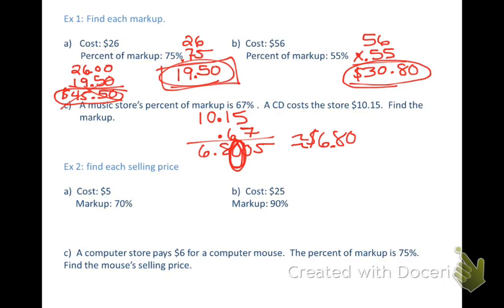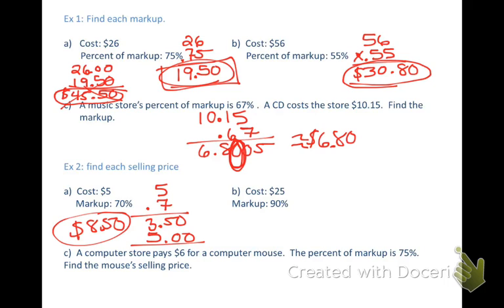Okay, now we're going to find the selling price. So on this part, you're going to do the multiplying and then the adding. So you're going to do $5 times 0.7, which is $3.50. And then I add $5 to it, and that would be $8.50. Because it's the original price plus the markup. So how much is it going to cost you guys